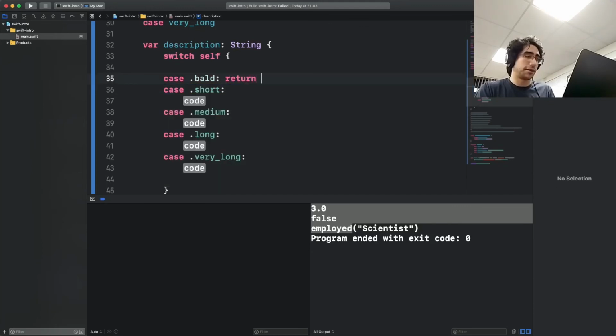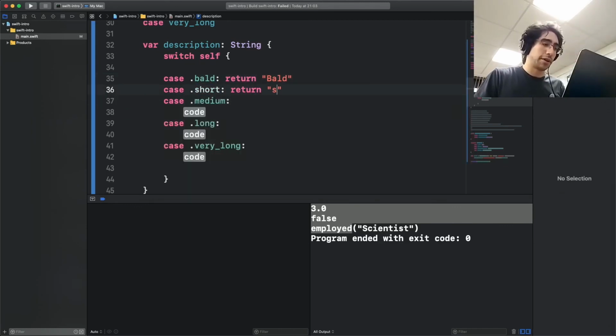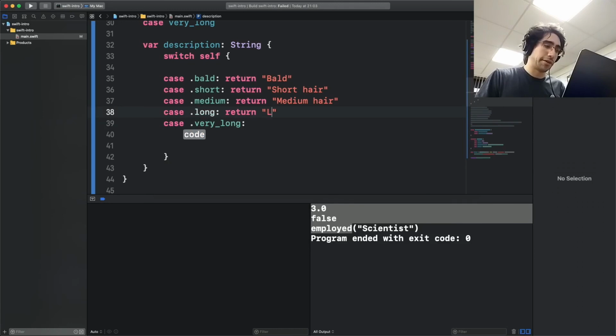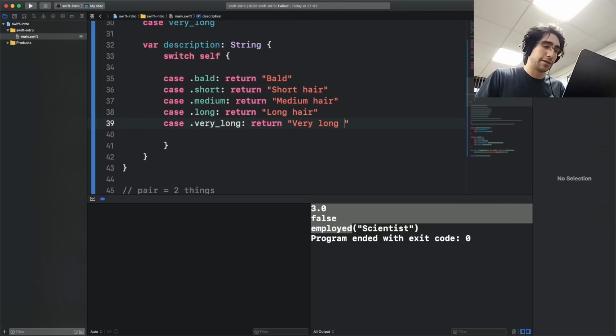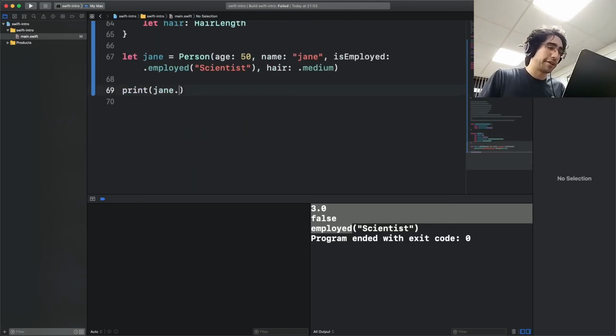And this is return bold. This is return short hair. This means return medium hair. This is return long hair, and this returns very long hair. And if I print Jane now,